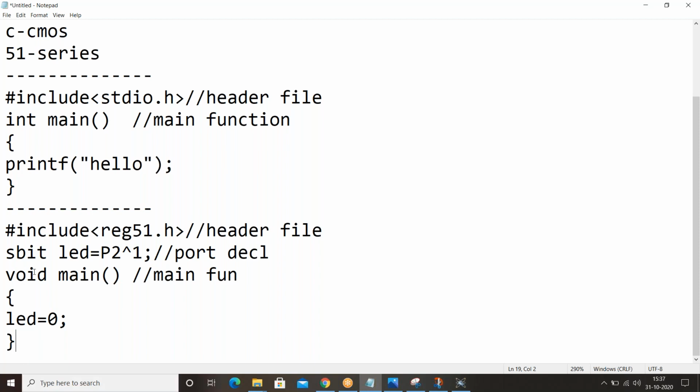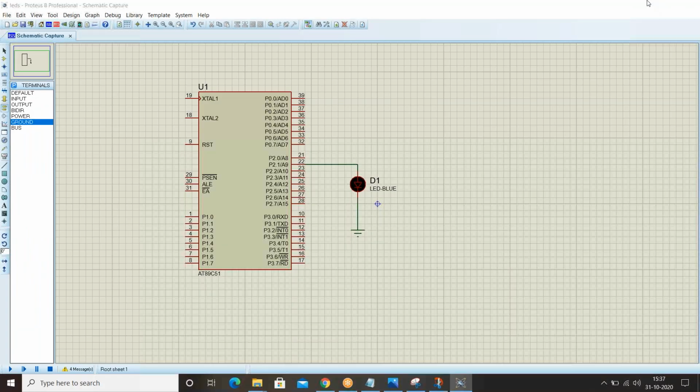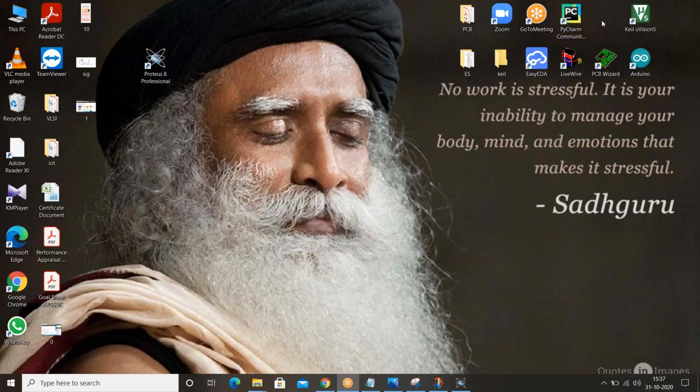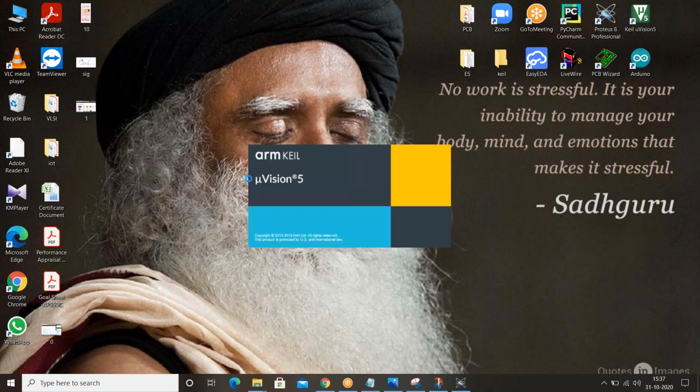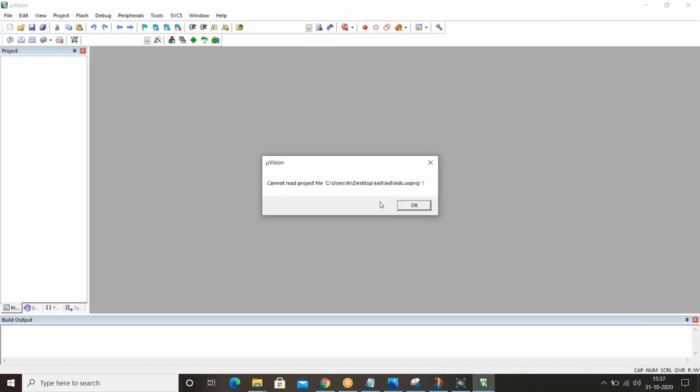Okay guys, just open your Keil. Now the main villain enters the picture. I hope everybody downloaded and installed Keil, right?